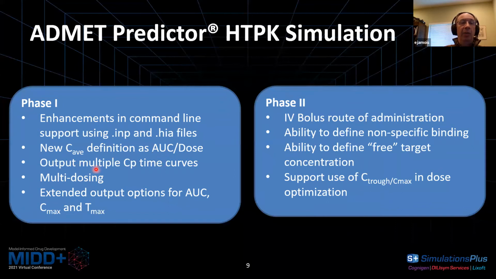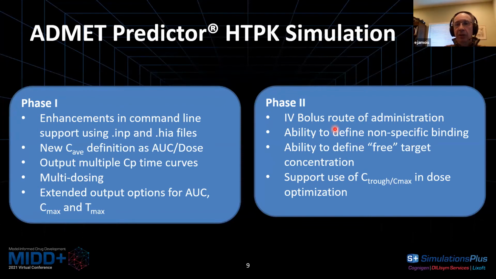Another one having to do with the output of multiple CP time curves, being able to overlay these curves, the way that David showed it in his demo, have multi-dosing, so being able to have one dose after the next, and so being able to visualize the steady state, essentially reaching steady state. Various output options, extended output options for AUC, Cmax, Tmax,